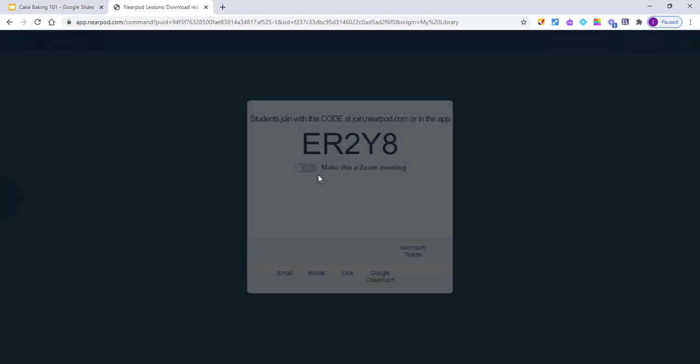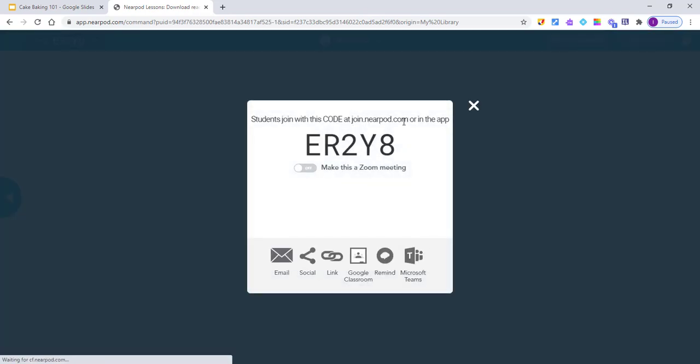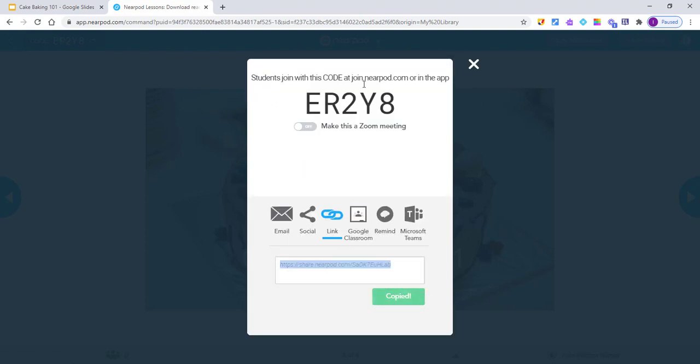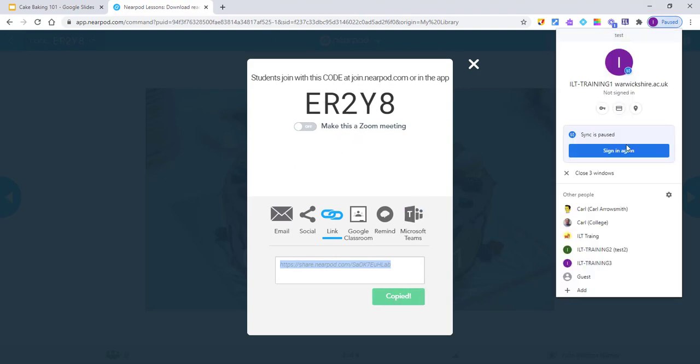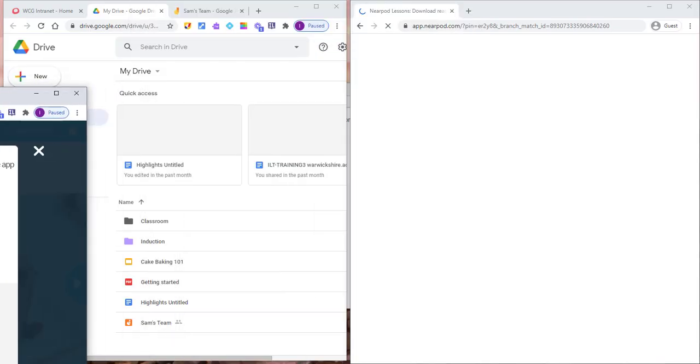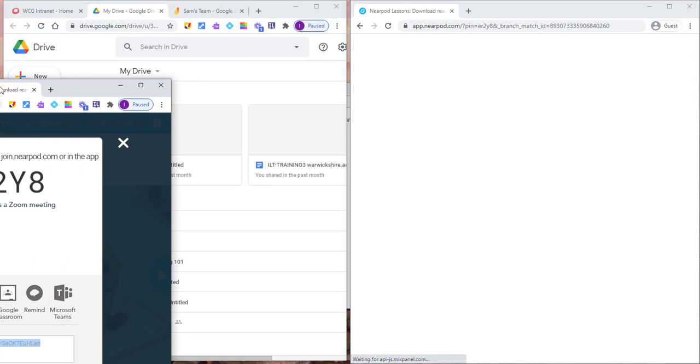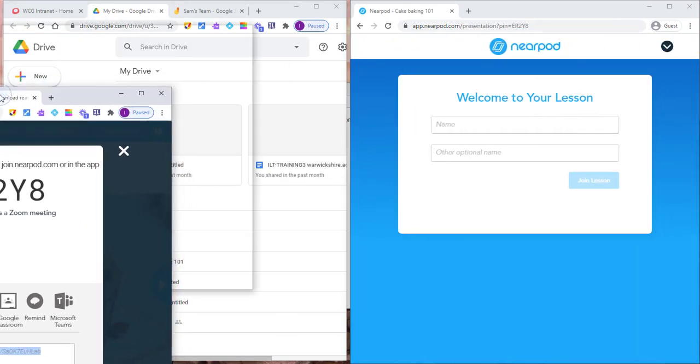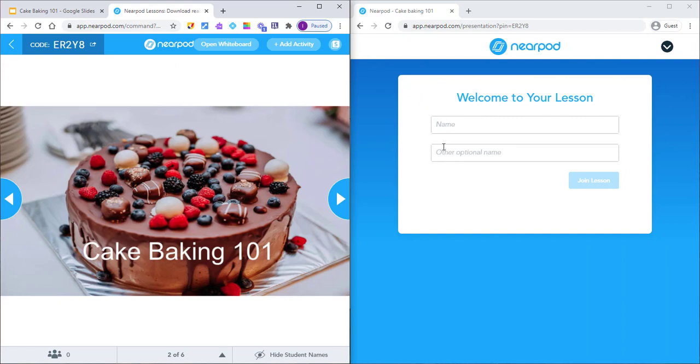a screen will come up, and this is how we can get the students to join us. We could add a link on Google Classroom by pressing the Google Classroom. We could just give them a link, which is the easiest option. Press copy, or they could go to that address and type in that. So what we'll do is set up a student, and I'll paste this link into here. And now if I close that down, the student on the right hand side, they just have to put their name in,